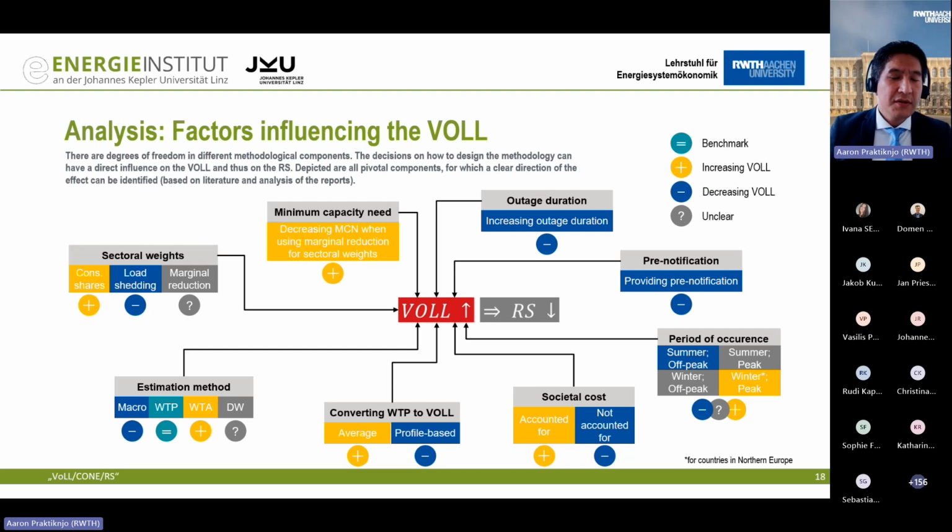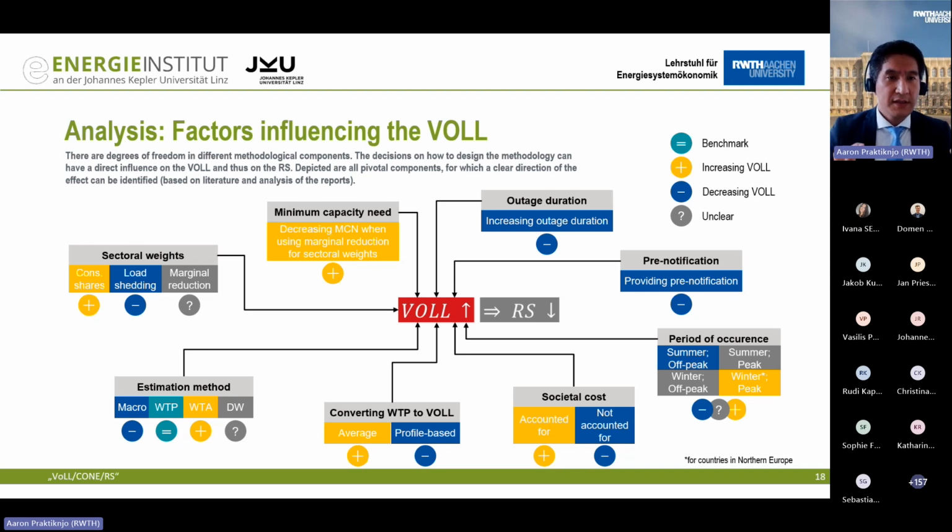So what Johannes already talked about were the differences between the member countries, the reports regarding their value of lost load. We have seen a factor of 10 between the country with the highest reported value of lost load and the country with the lowest. This is a very, very high difference. So we were wondering what could be the factors influencing in which direction the value of lost load would deviate,